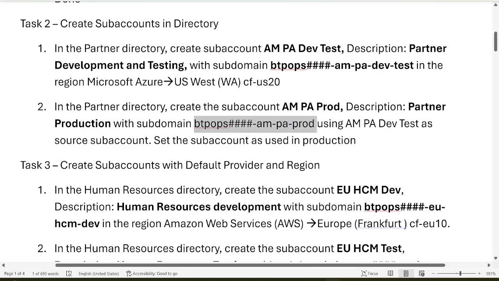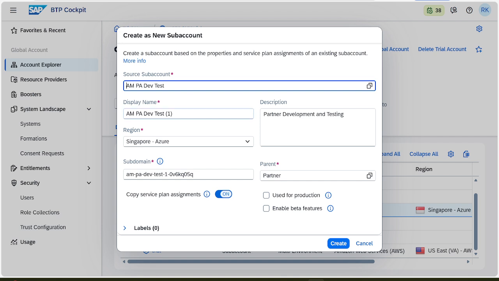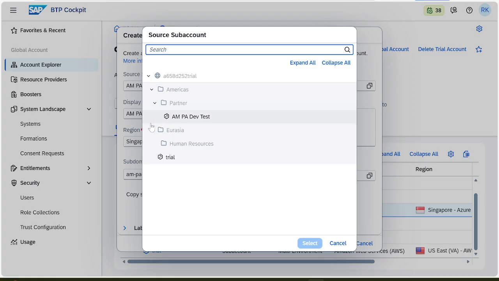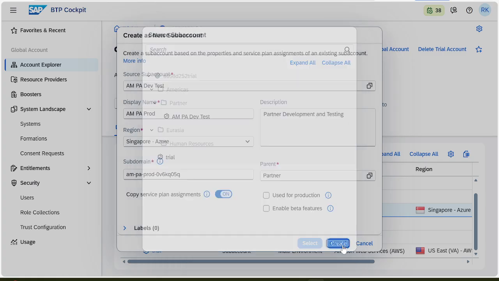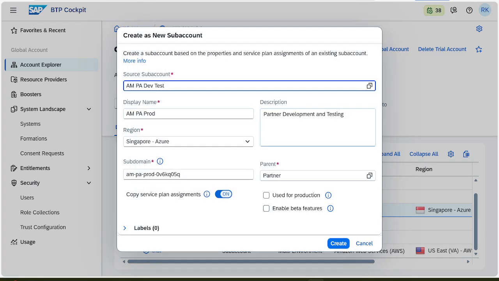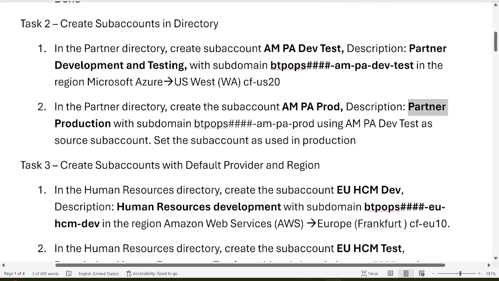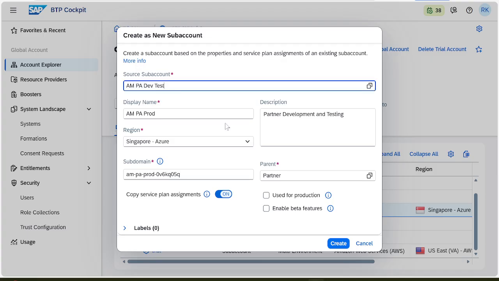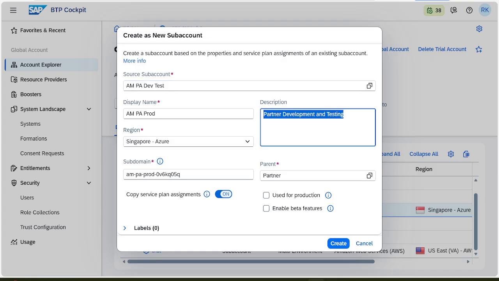Okay. Now display name. Display name is AMPA production. Description: partner production.